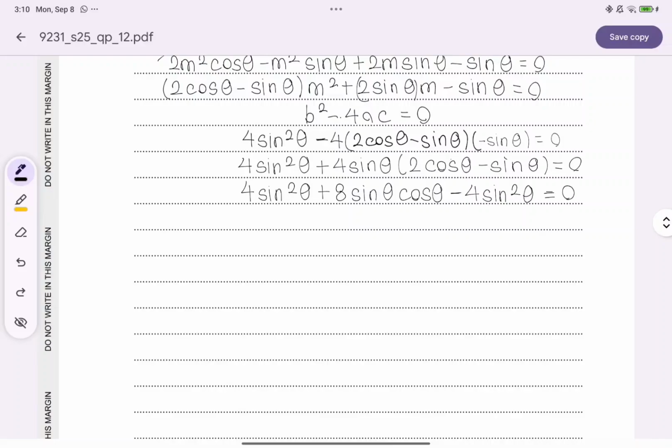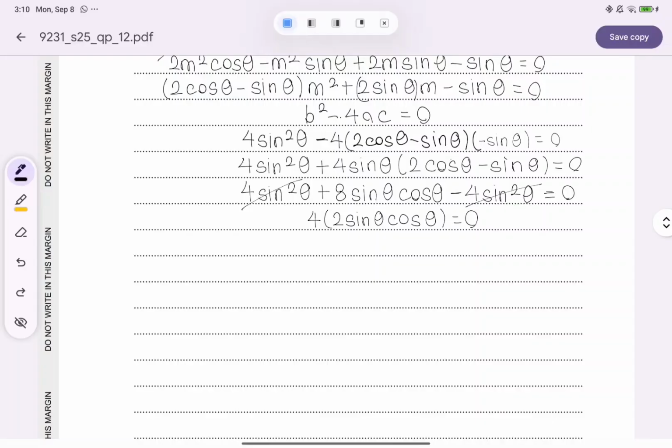So as you can see, we have 4 sine squared theta minus 4 sine squared theta, so we can cancel those out, and we can factor out 4. So this would be 4 times 2 sine theta cosine theta equals to 0, and 2 sine theta cosine theta,